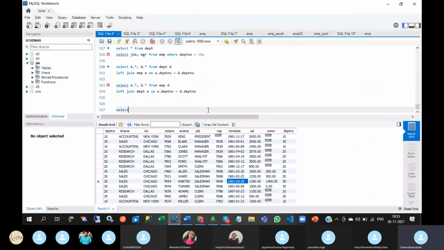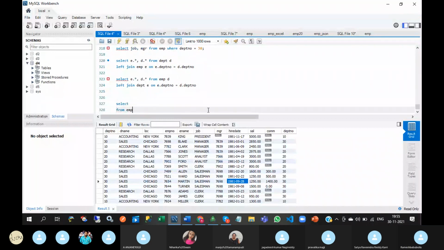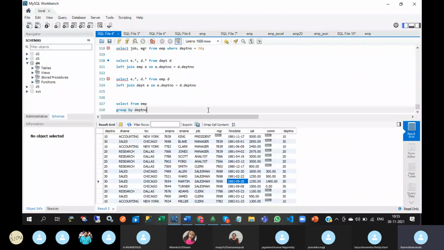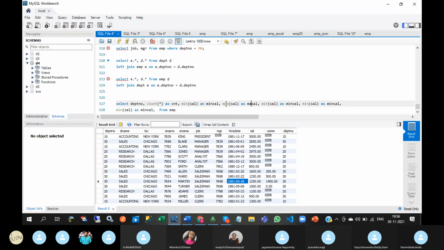In this, select from EMP group by department number, count of star as CNT, and minimum of sal as minimum salary, max, and average.